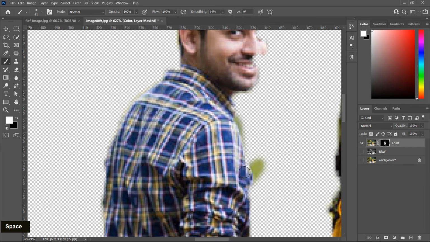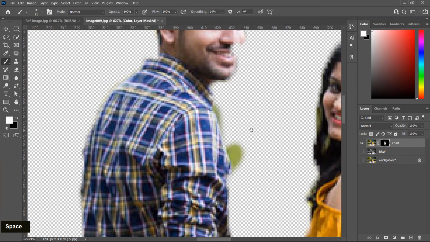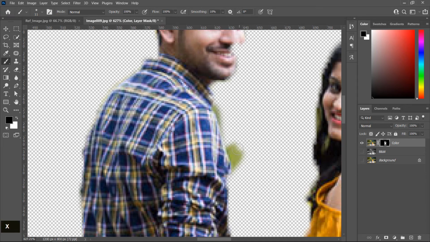And in case some extra area is painted here, you can change the color for these masks by pressing the X key and start painting here to remove the color from this area.